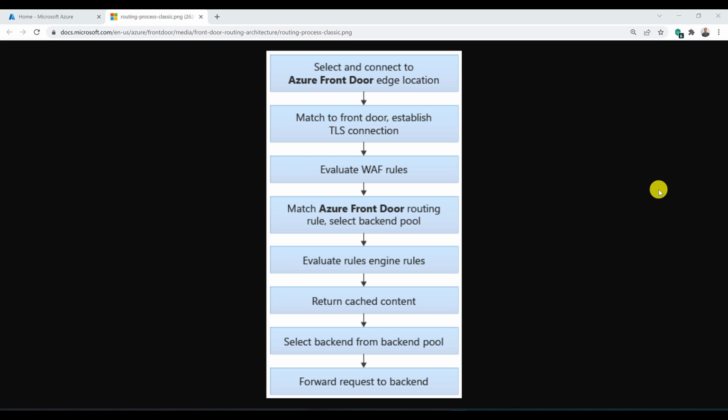So in this video, we are going to dive deep into all of these layers and phases inside Azure Front Door to see and understand how Azure Front Door can process the incoming client requests. The first step we have here is when the client decides to send a request to the Azure Front Door edge